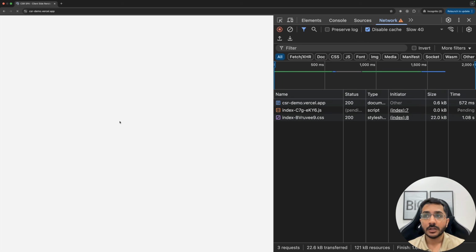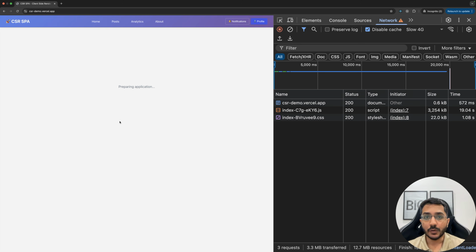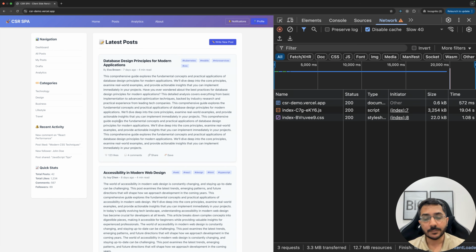So it is good if you don't need SEO, if you have a simple web app. For large apps also it works, but the web vitals are not that great for CSR because we are downloading the entire JS bundle first. You can improve upon it through chunking, through route-based splitting, but eventually if you have an entry level bundle that